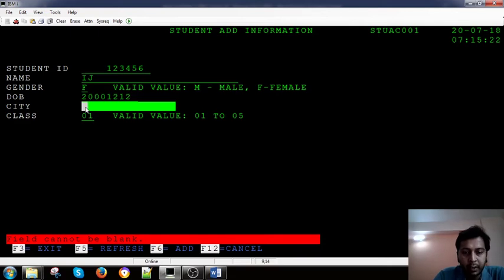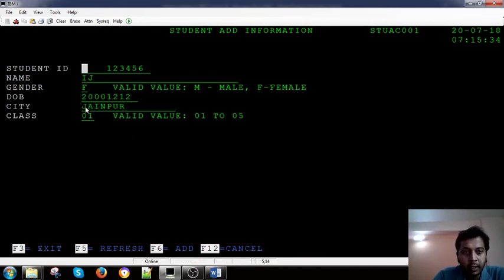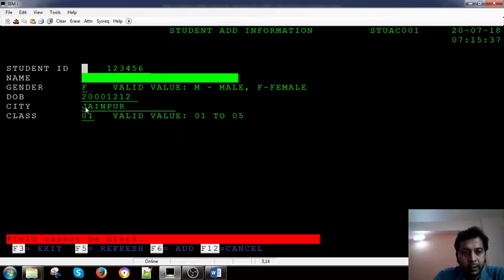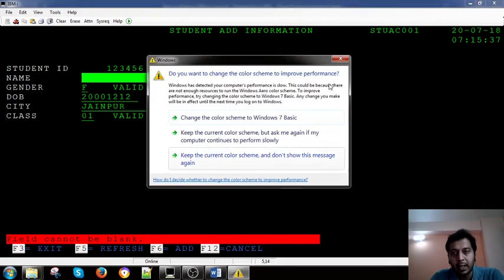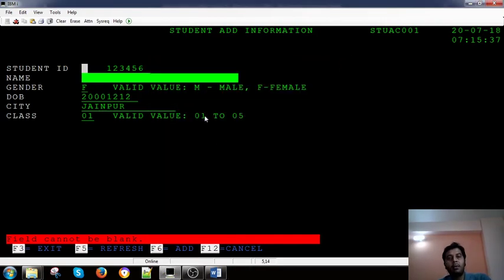Unless and until you give the correct values, for example Jaipur, when you press enter now it will work. The indicators go on and off. This is how it gives the error message, and which error message needs to appear. This is how error handling is done.